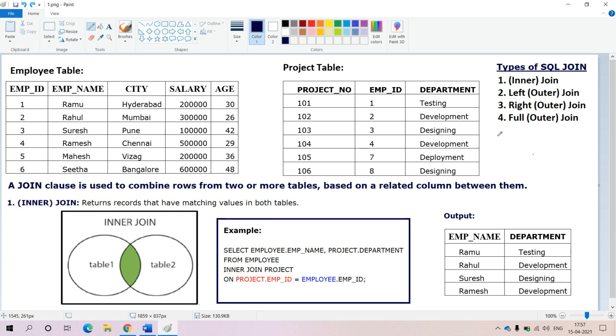Now there are 4 types of joins in the SQL. The 4 types are inner join, left outer join, right outer join, as well as full outer join. Now let me concentrate on the inner join. What do you mean by inner join? Inner join in the sense it will return the records that have matching values in both the tables based